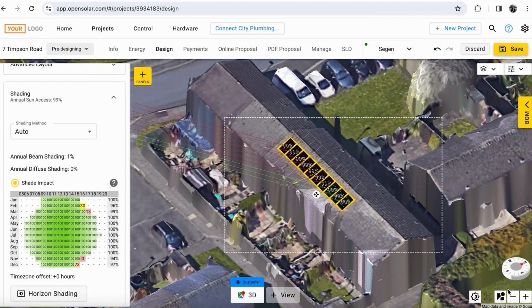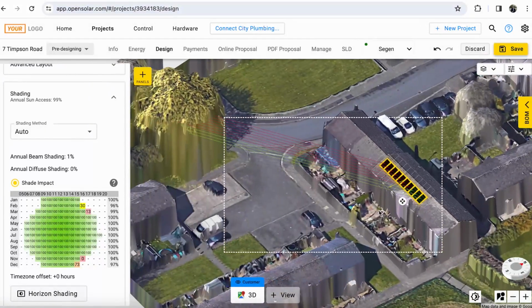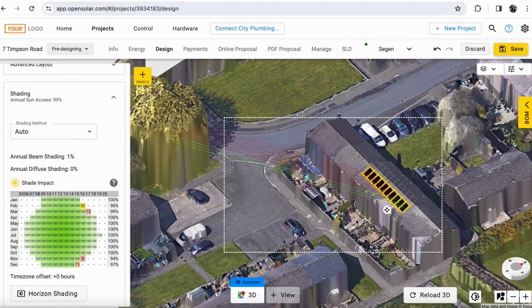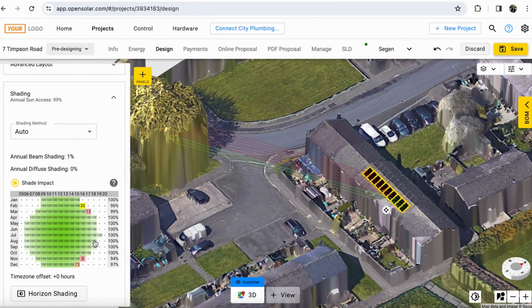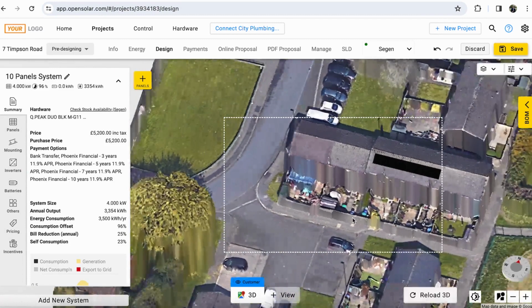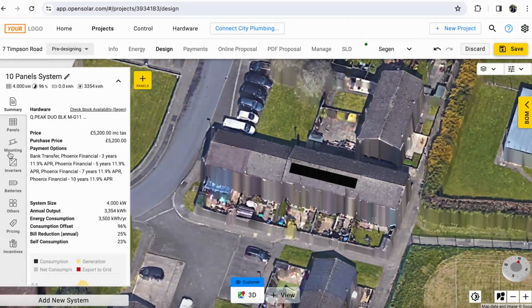And there must be a tree that is causing an issue to our array. This tree right here is causing an issue to our array. Based on this shading analysis, the sun path diagram will get generated and added to our online proposal. Once we are happy with the panel selection, we can now move over to the mounting system selection,